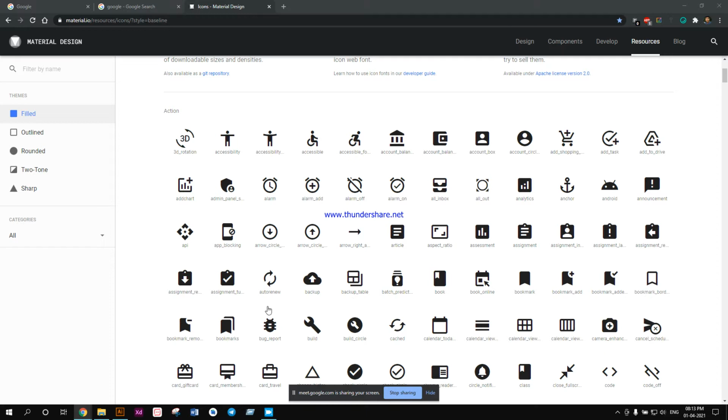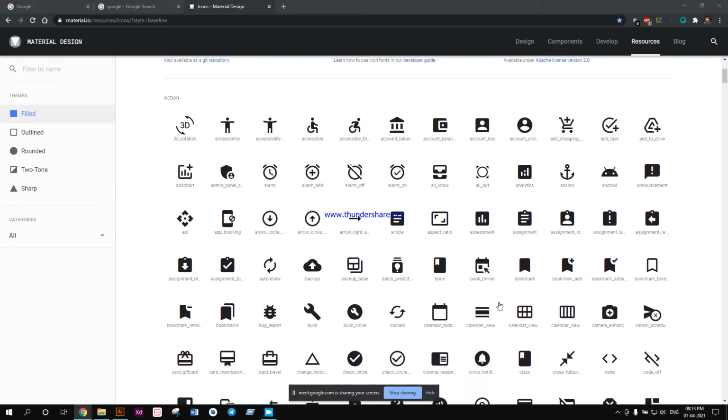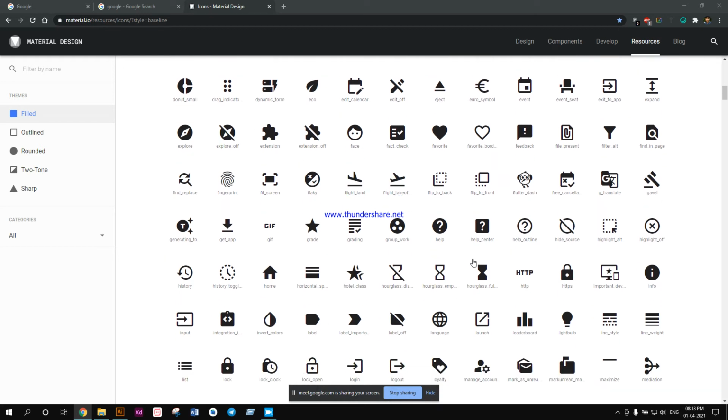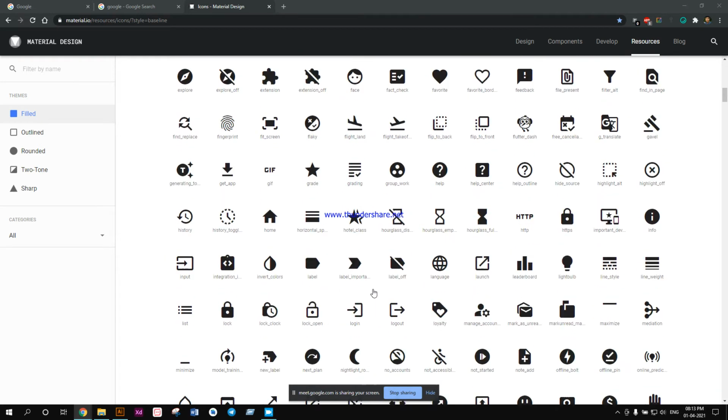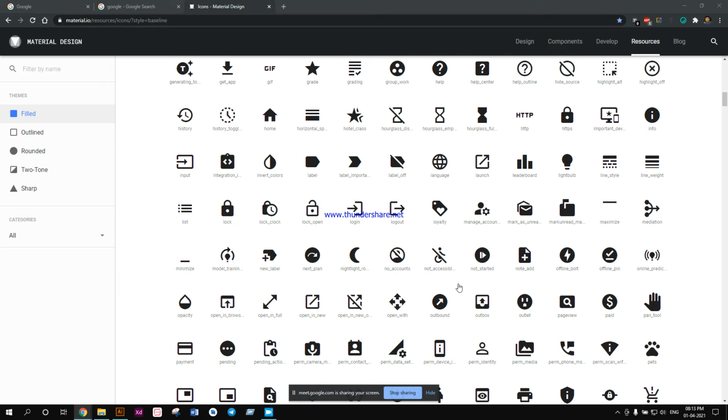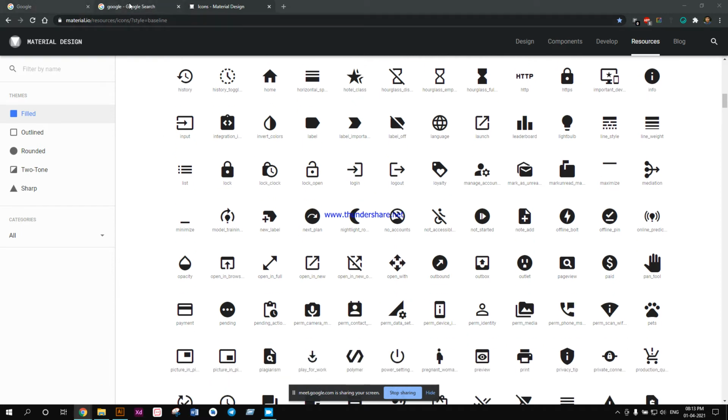No, Bhojpuri didn't work. So as I told earlier, Roki just joined, so I'm going to tell you once again that we're going to talk about iconography today. And there are basically two types of icons. One is the product or app icon, and another is the system icons. These ones you see over here, all these are system icons basically. You see the heart icon, the like icon, the bookmark icon, all these are system icons basically.